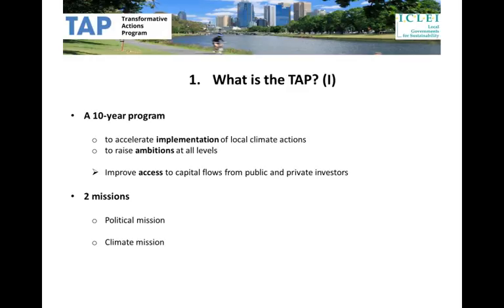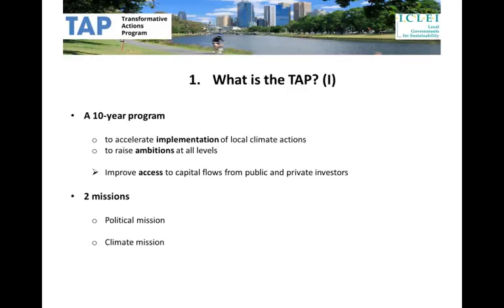To give you some background information, the TAP is a response to a previous attempt by local and subnational governments to push for a 10-year action program to be adopted within the UNFCCC framework. This proposal was put forward in the framework of the Local Government Climate Roadmap in 2013. Following up with this effort, ICLEI and partners have launched the TAP outside of the UNFCCC process, while hoping, of course, that at some point in the future it will feed into this process.